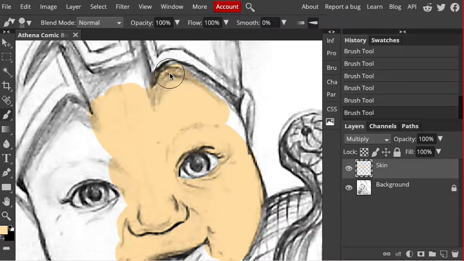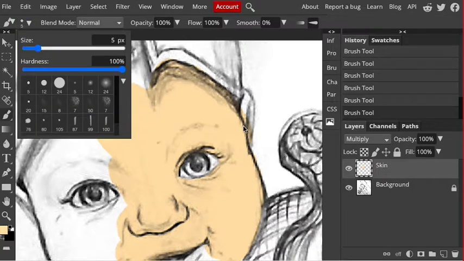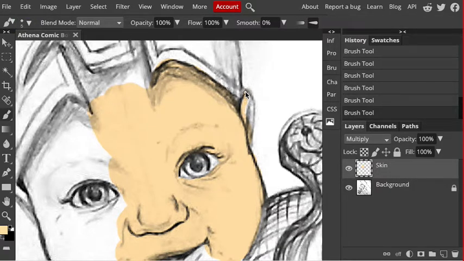Now with that, I can go paint away. If I'm working on a very small, hard to reach area, I can go to my tool options here and change the size of the brush so I can sneak in and paint some of those little details. If I make a mistake, like I go outside of the lines, I can just hit Control and Z and undo that. But let's just say I'm painting an area and I made a mistake, then I went on to do a bunch of other stuff,